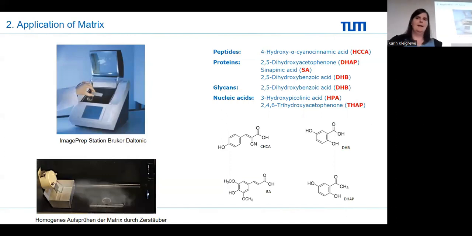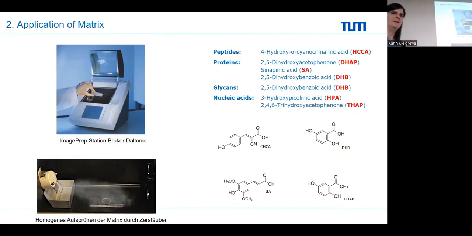And then I will talk about why you need the matrix in the next slide. Nevertheless, you need to add matrix to your sample, and then there are different options. What they all have in common is that they have an aromatic structure. And then there are rules: for peptides, HCCA works best; for proteins, DHB or SA, sinapinic acid. And when you start off your multi-imaging project, you just try one or two